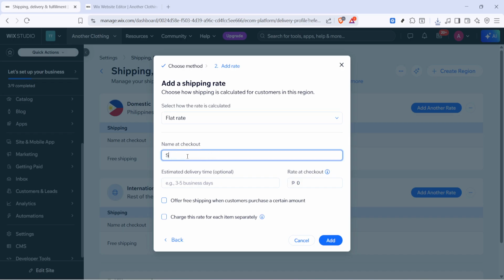Give your shipping option a clear name at checkout, like standard shipping or economy. Customers will see this label at checkout, so keep it short and descriptive. Then add an estimated delivery time, for example, 3 to 5 business days. Be realistic and include your handling